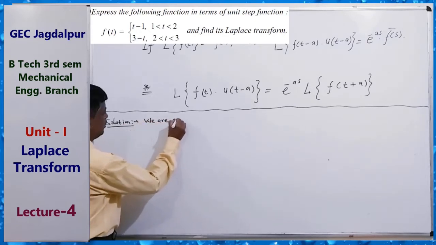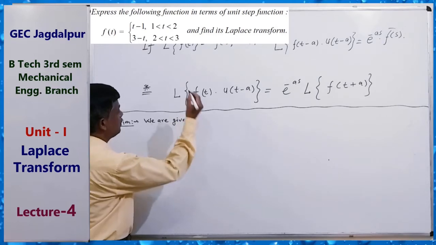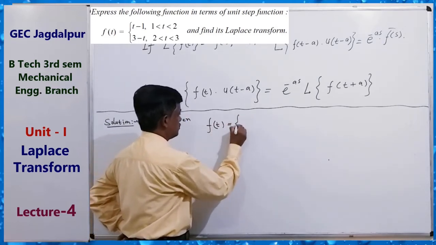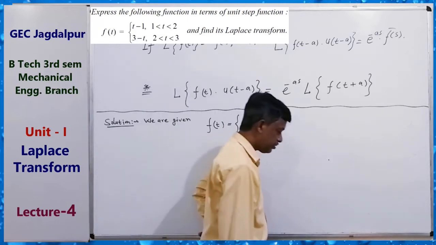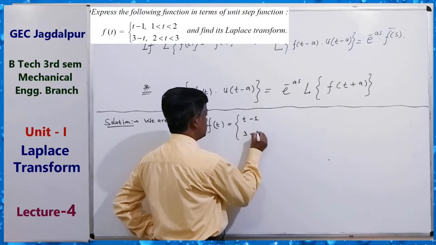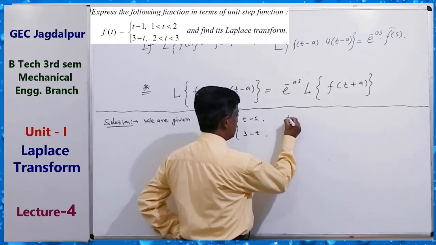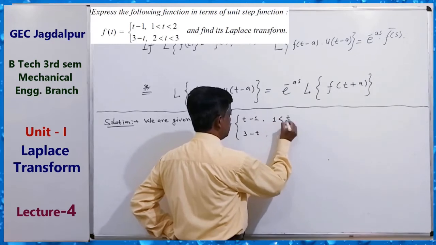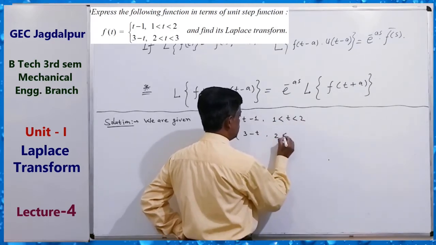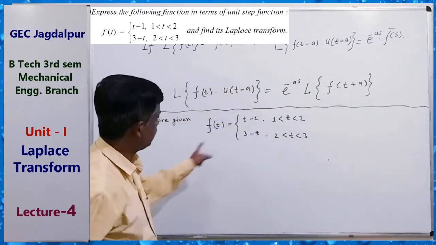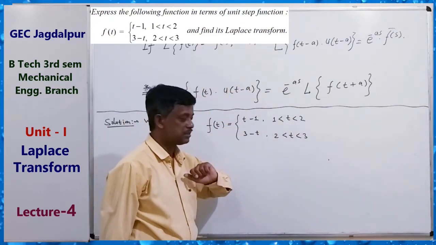We are given f(t) equals t minus 1 for t between 1 and 2, and 3 minus t for t between 2 and 3, that is 1 less than t less than 2 and 2 less than t less than 3. Express the function f(t) in terms of the unit step function,